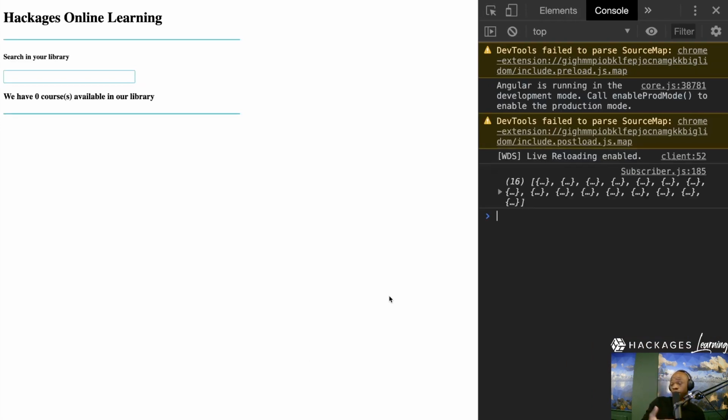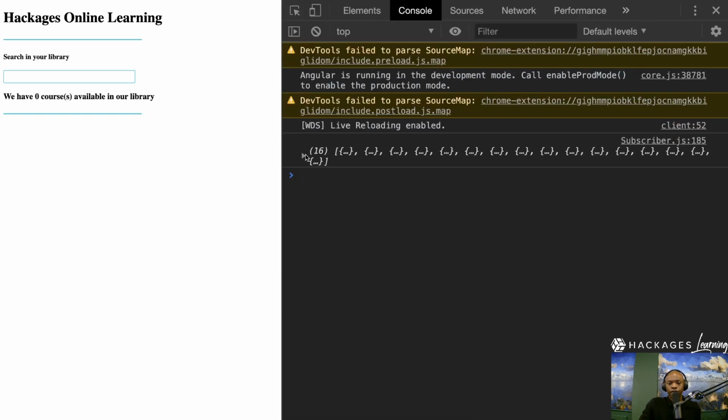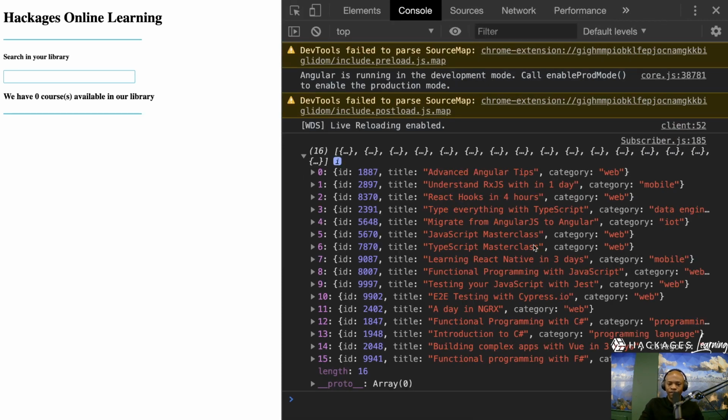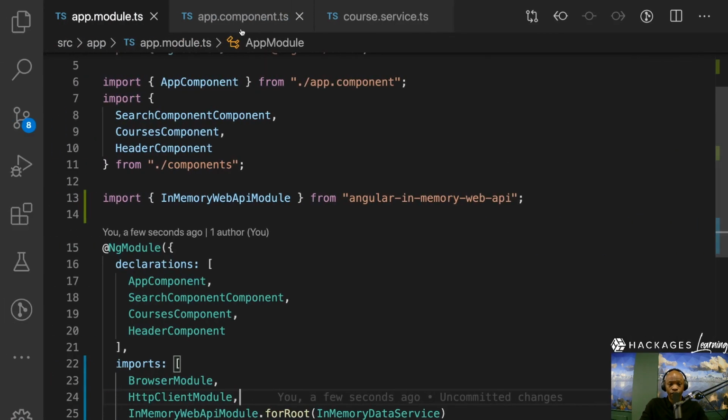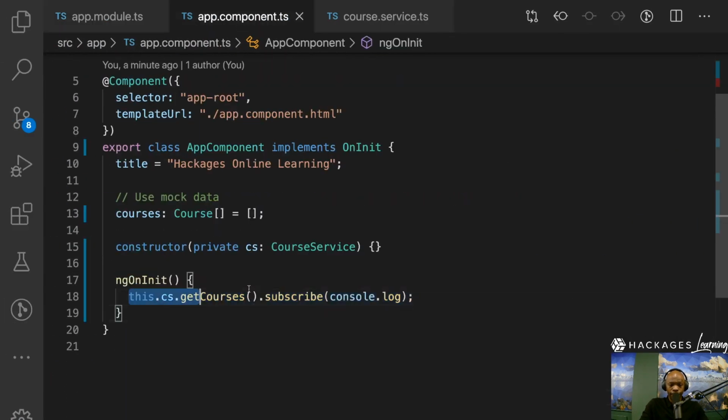Okay, so our app is working again, but now we're seeing that we have a list of technology here. So yeah, the console log that I put on line 18 here does work, but you don't want to do this. That you don't want to do. Okay, for debugging purposes, there are many other ways to do it. So what you want to do is to basically get that information, and then